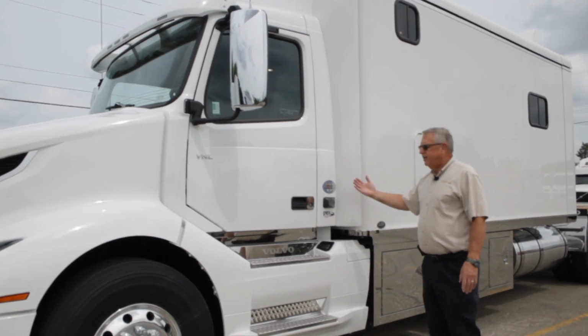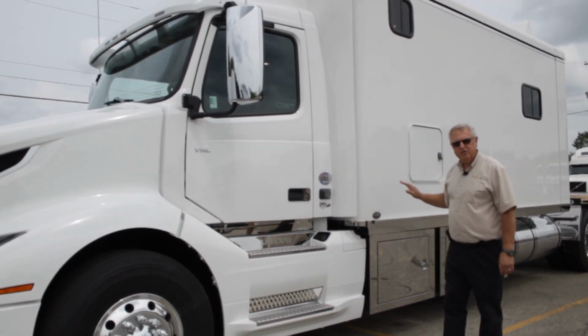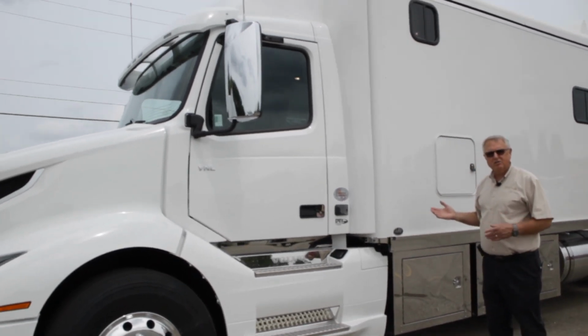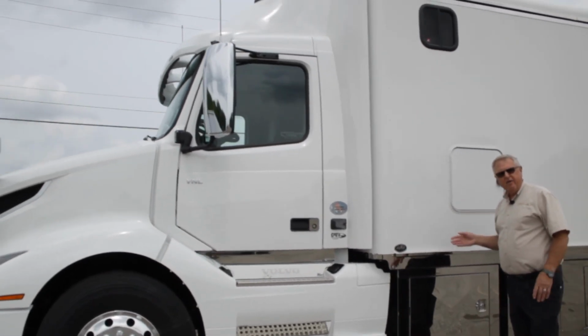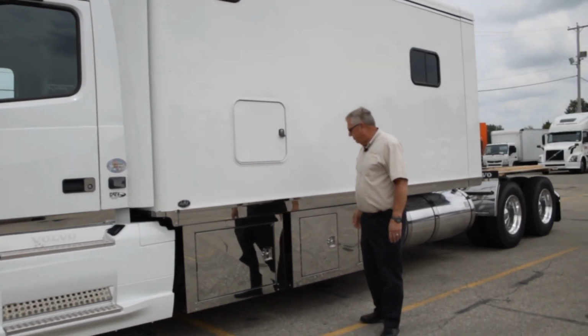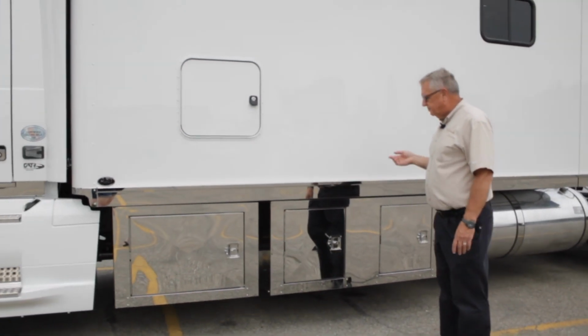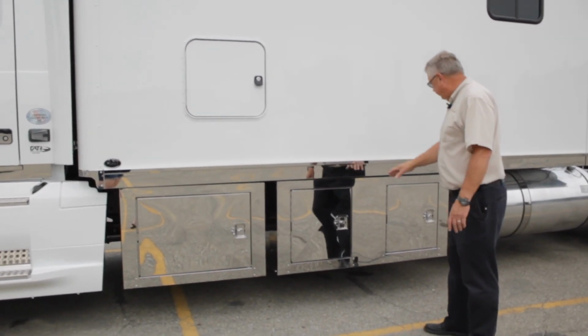You notice how wide the cab is on a Volvo. It makes a very smooth transition over onto the sleeper. It doesn't look like a big box sitting behind the cab. It actually flows extremely smooth. We come on around, and you see that with this 180-inch sleeper, I have plenty of room to have the